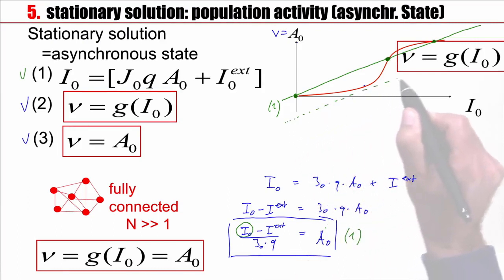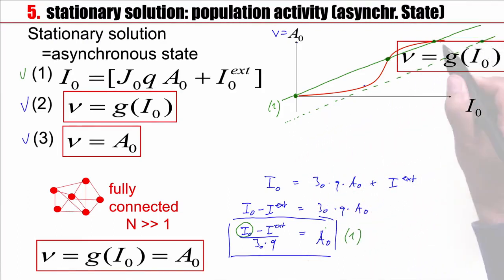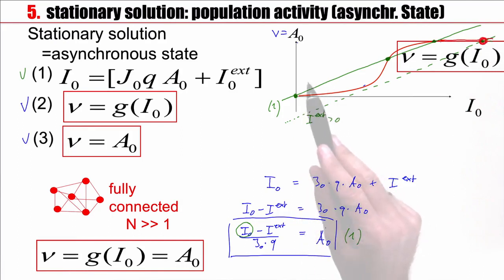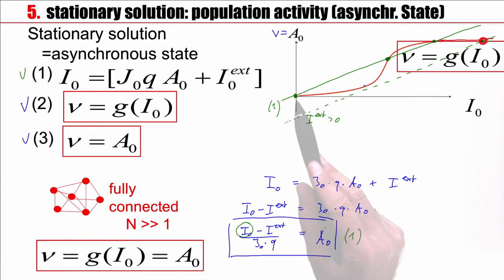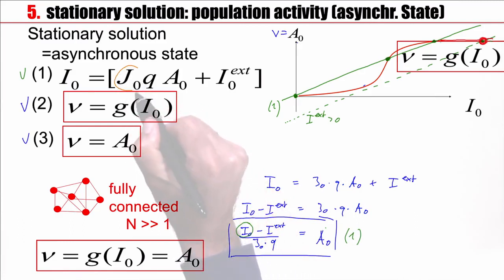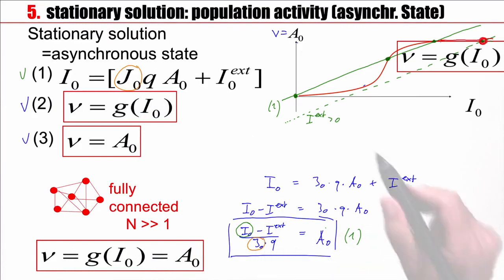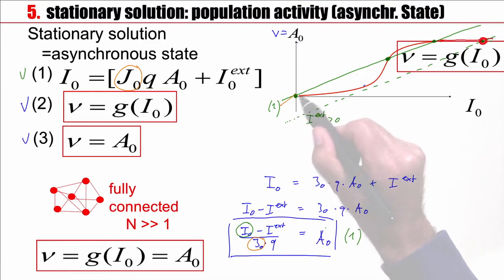So with an external current a bit bigger, we would only get the high fixed point up here. If I have a negative external current, then the green curve would shift upward and I only find the crossing point down here. Now what happens if the coupling is weak? So where is the coupling here? The coupling is the J0, the coupling constant. If I change J0, make the coupling smaller, then the slope of this line gets steeper and I lose the